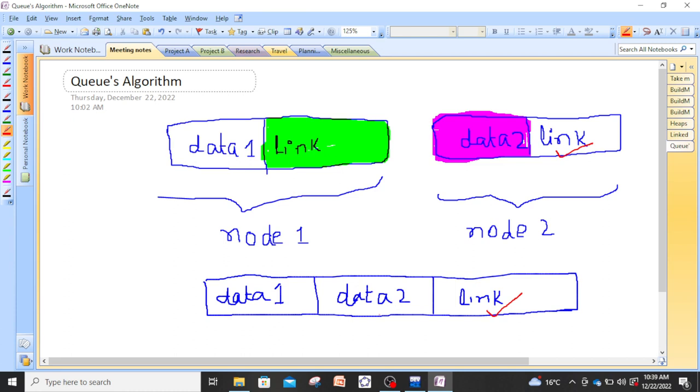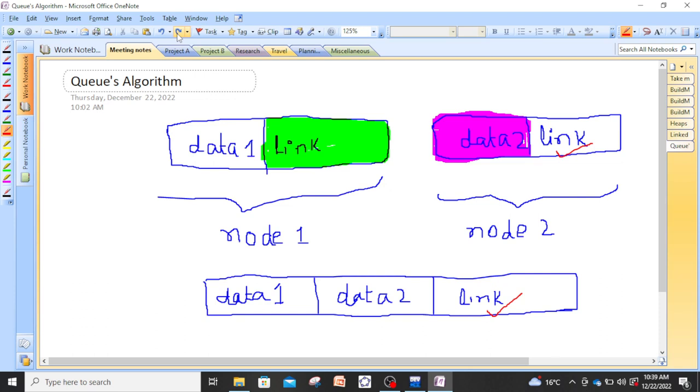generating a queue using the linked list. If a third person comes, then in that case here will be data 3, and beyond that, at this place, there will be the link. So in that case there will be data 1, data 2, and here data 3. So in this way many persons can be attached. Due to this attachment a line will be created, and in the queue data structure,